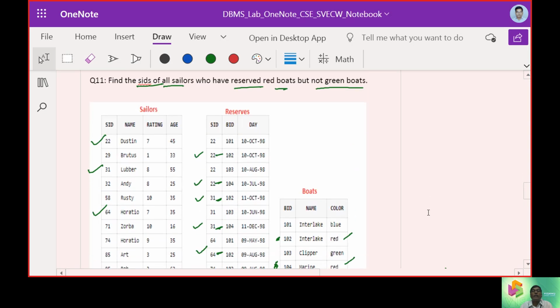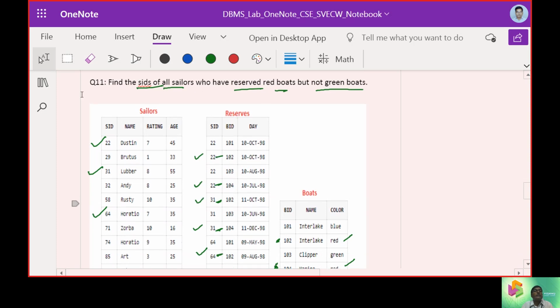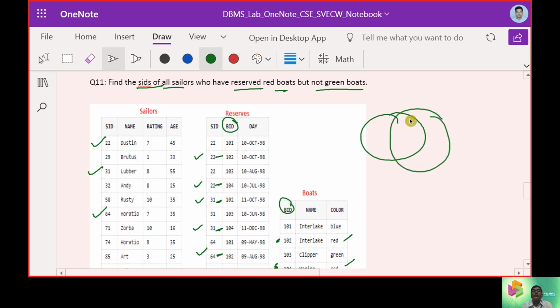So when we put up this value called boat ID and boat ID, we have two things, that is reserves and boats. So boats, it is 101, 2, 3 and 4.